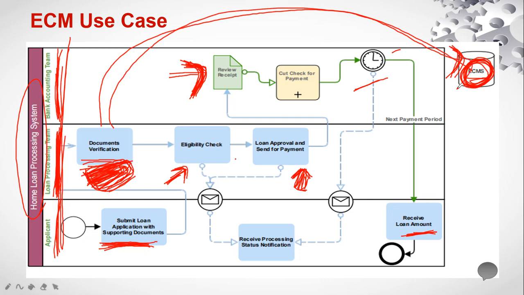Now in eligibility check, the eligibility team might need the documents that came from the applicant. Whenever they want to see the monthly income of the applicant and the land property available, because they have to decide how much principal amount to approve, they should know those details, like your income details and your land valuation details. To know that, they have to read those documents. Whenever they want to read a document, they will read it from this system,